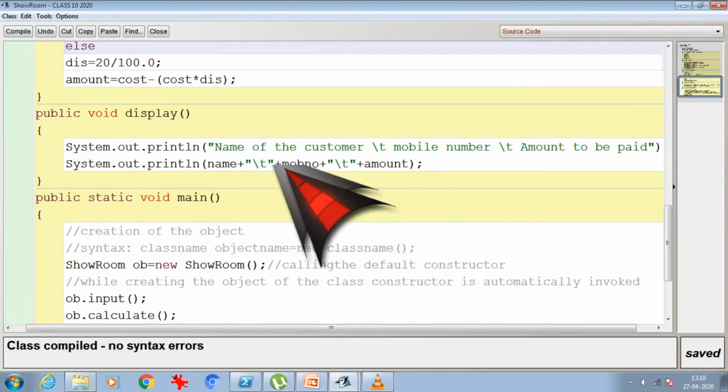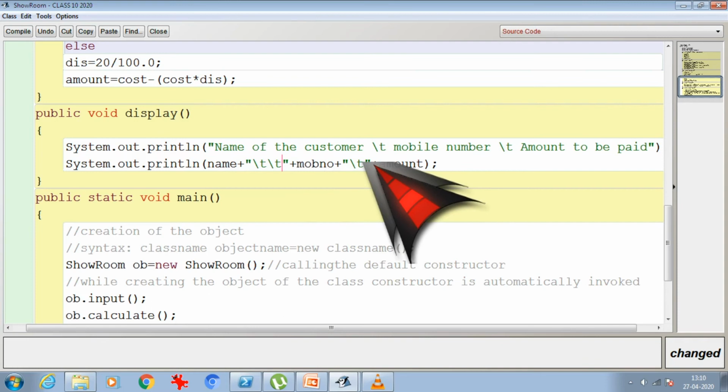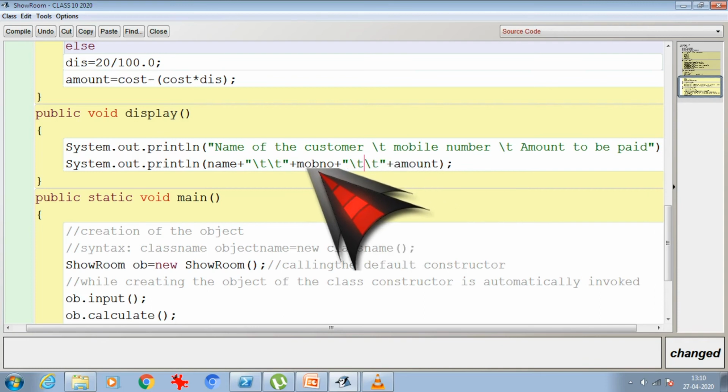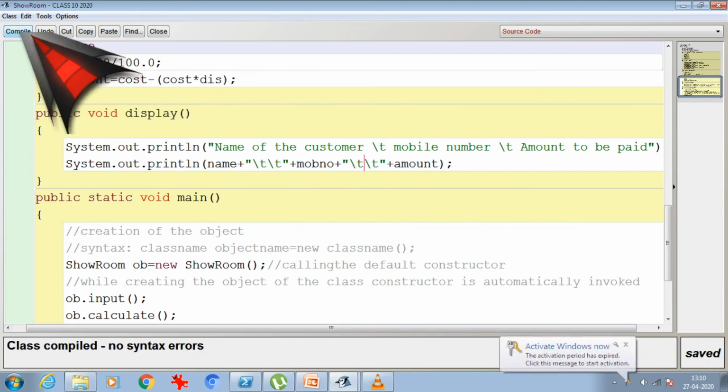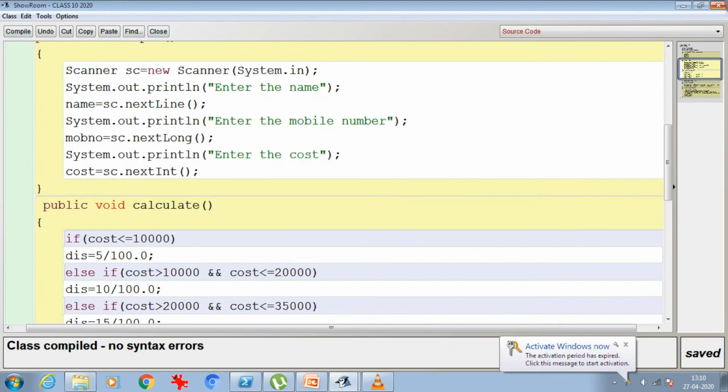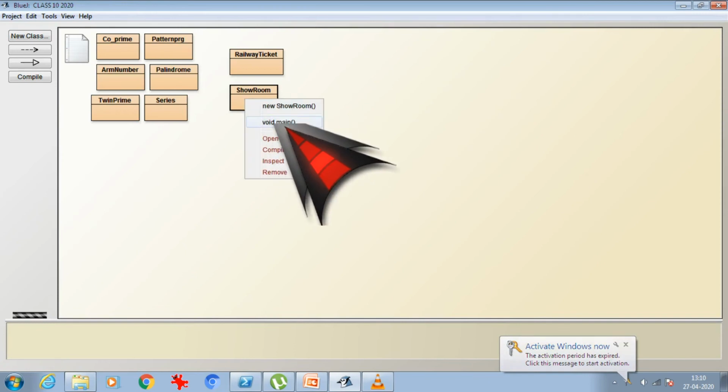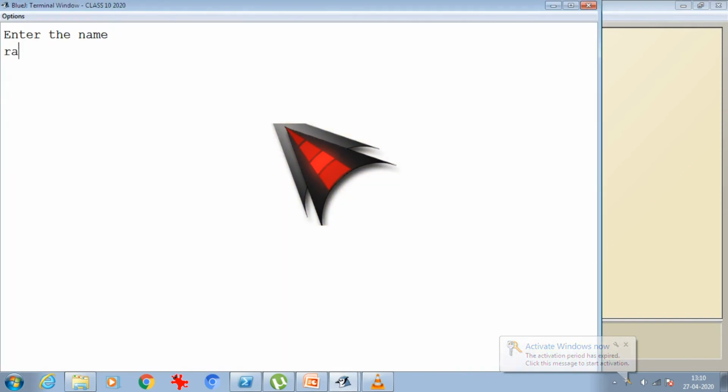Just open the code and come back over here where you're printing. Here, instead of one single \t, you just start giving double \t. It will give you more tab and more space between them. Okay. Achha. Now let's go back again, run the program and see.